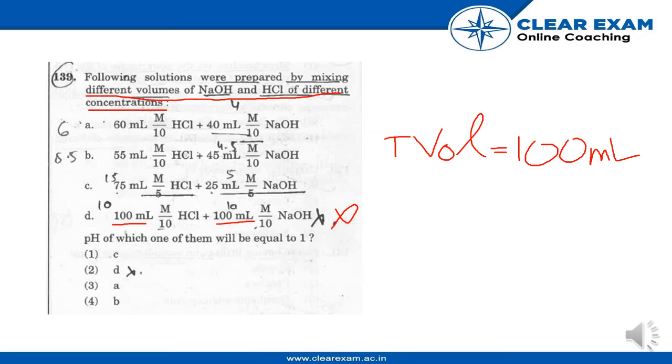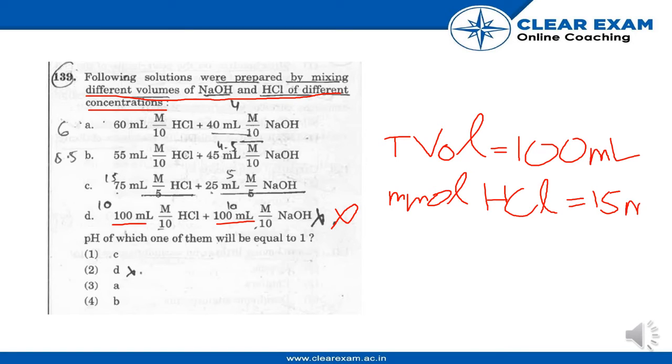Now the number of m mole of HCl can be found out by multiplying 75 into M/5,